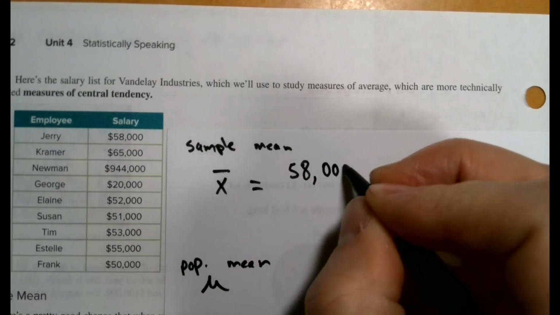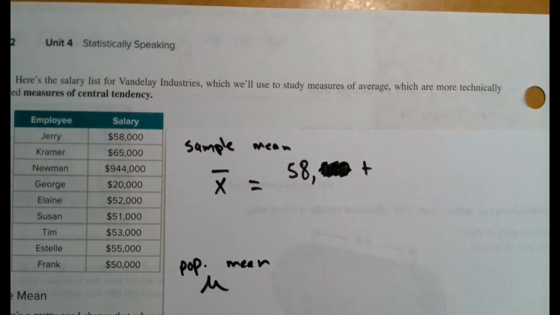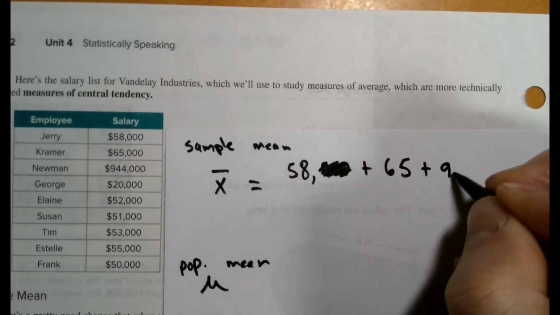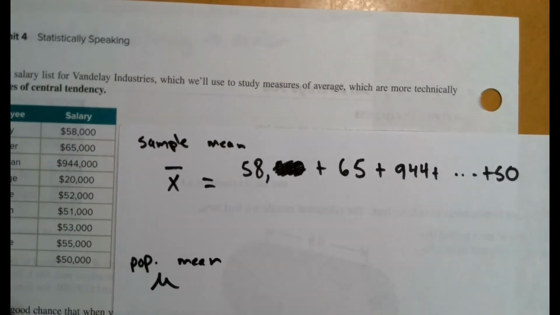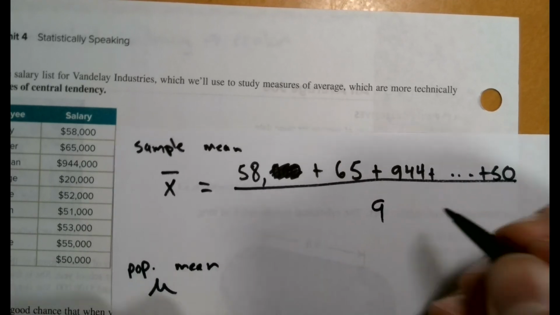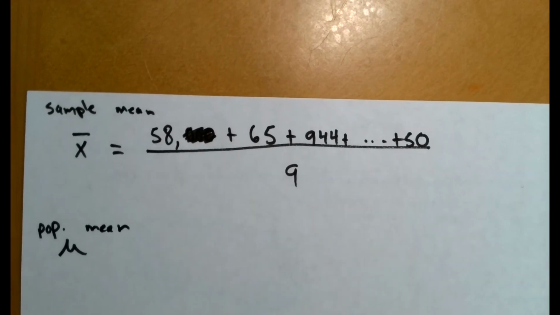So we're going to do 58,000 plus, you know what, I don't want to write all those zeros, so I'm just going to lop off the zeros and do 58 plus 65 plus 944 plus ... plus 50, and know that all of these numbers are in thousands. So whatever answer I get will be in thousands. Now, you can do this in your calculator,